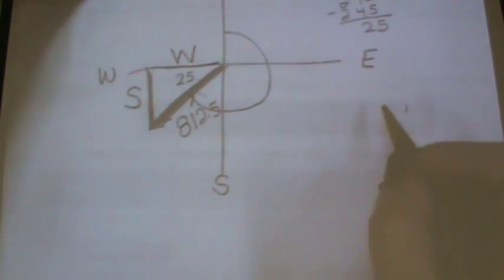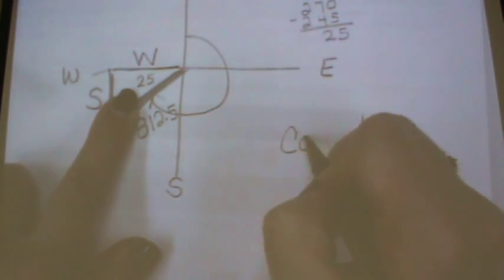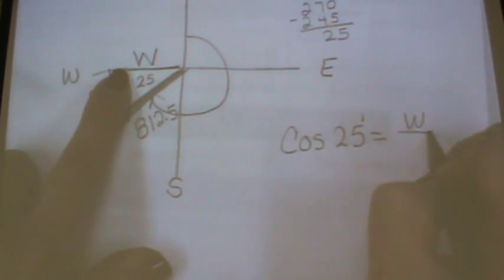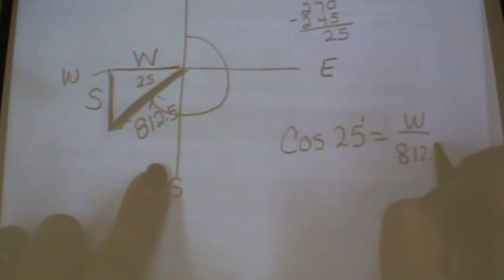So here's your airplane. Can you tell me what this dimension is right here? It's 812.5. So how would you figure out south and west? Let's do west first, because that was A. How do you figure out west? What trig ratio are you going to use? This is a 25-degree angle. Cosine of 25 is equal to the west over 812.5. And you're going to get for this one